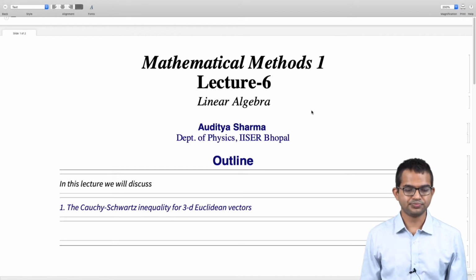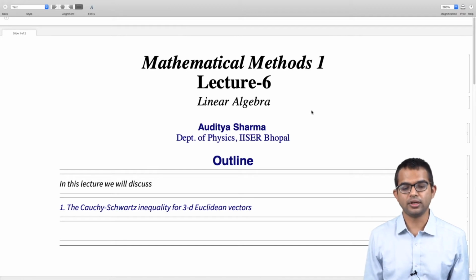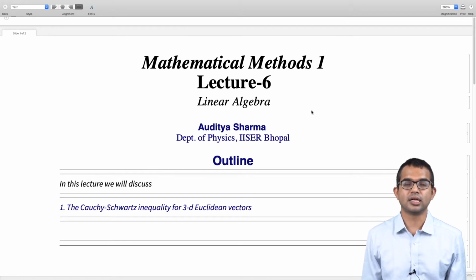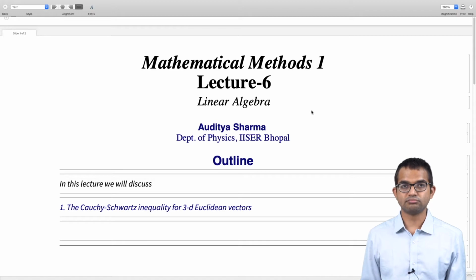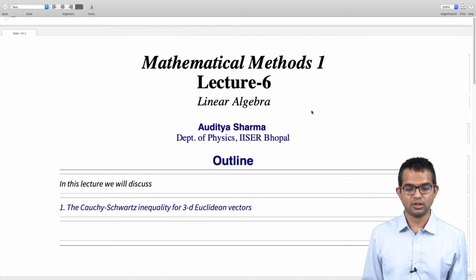Okay, so in this lecture, we're going to derive the so-called Cauchy-Schwarz inequality for 3D Euclidean vectors, right? In the final form, it will look like something completely obvious, but we will use a rather elegant approach to get to this result. And the method we will see can be generalized to arbitrary vectors from a linear vector space, right? So first we'll start with 3D vectors and use a very nice, elegant geometrical approach to obtain this result.